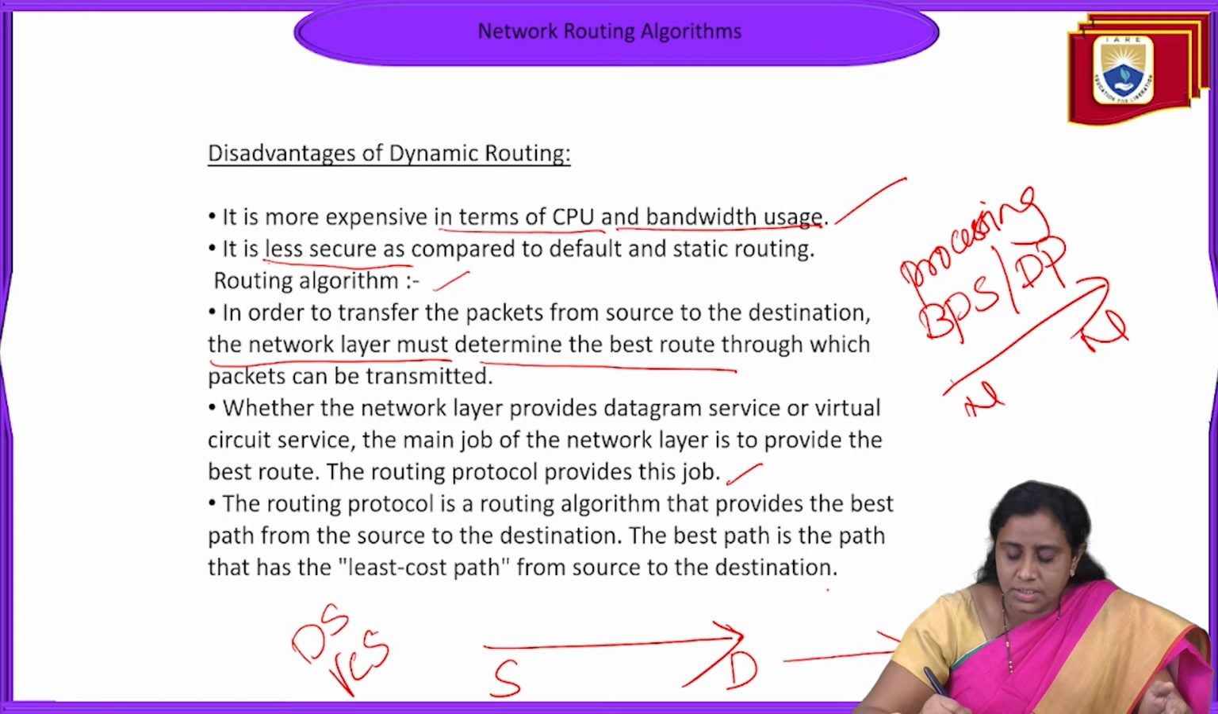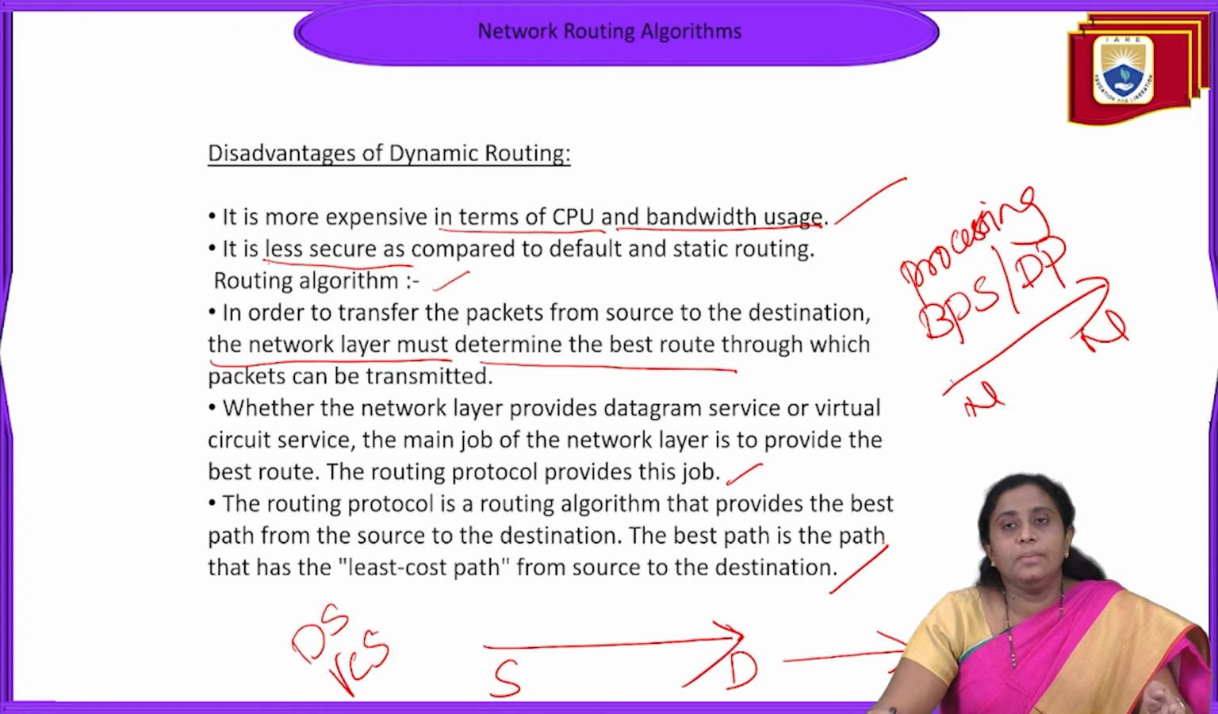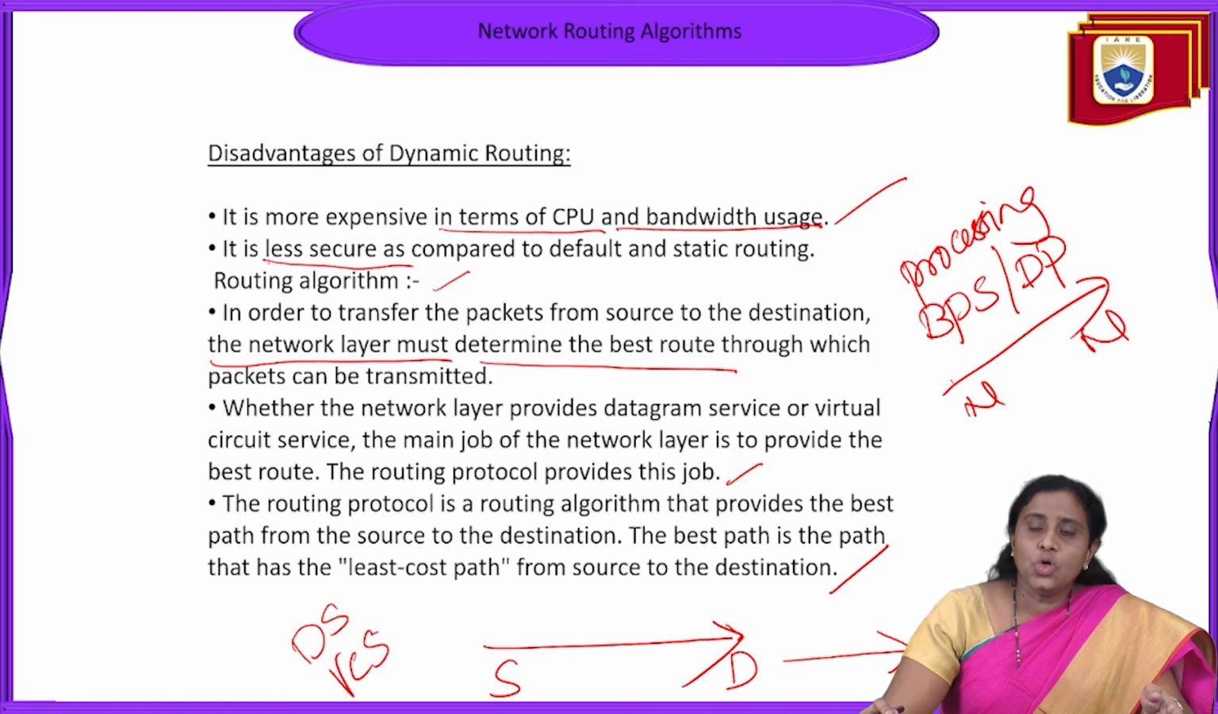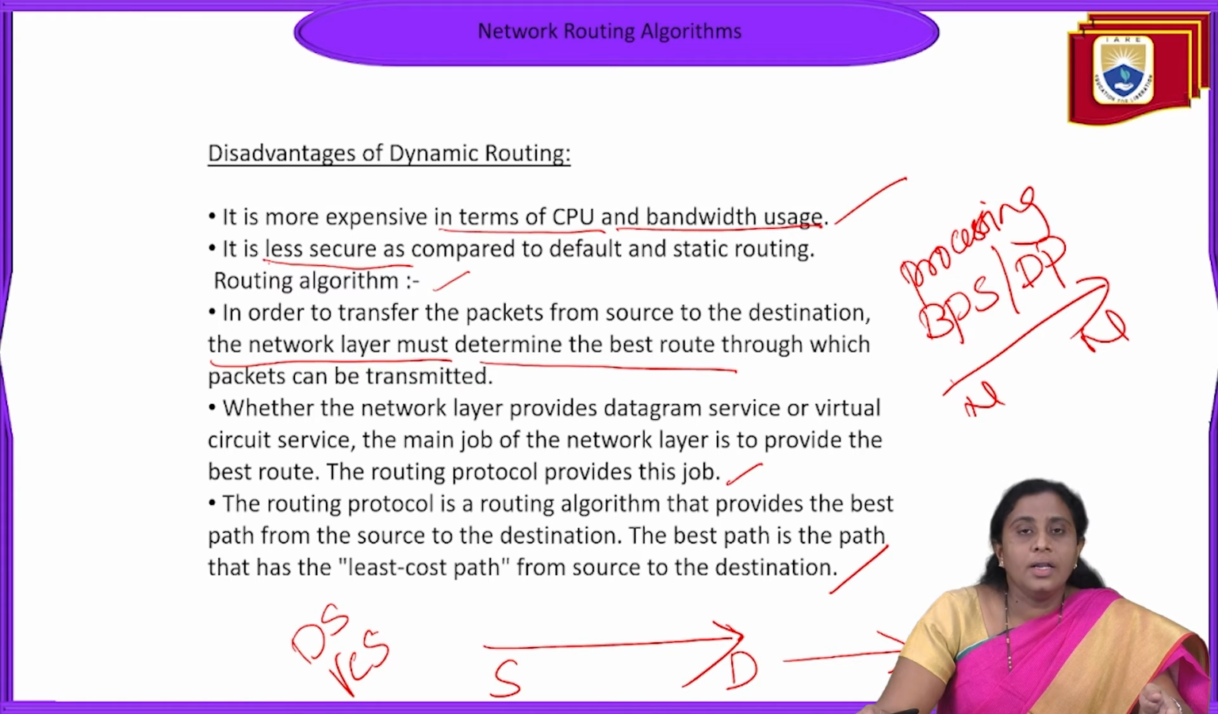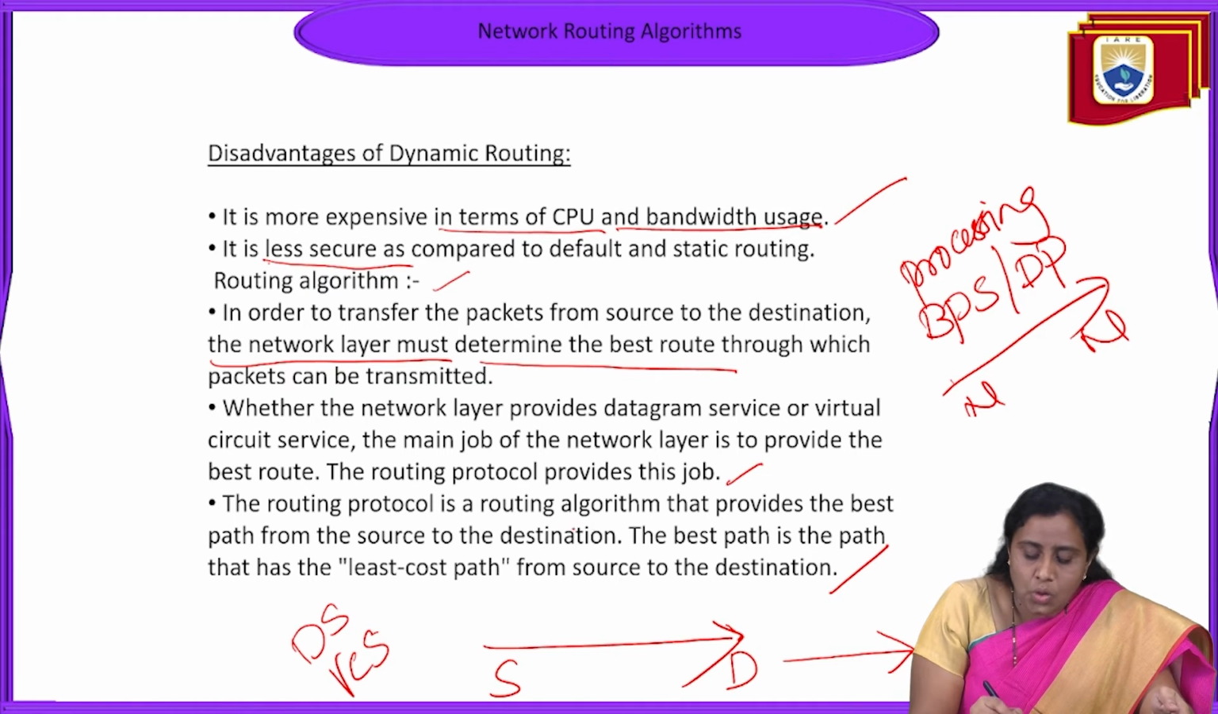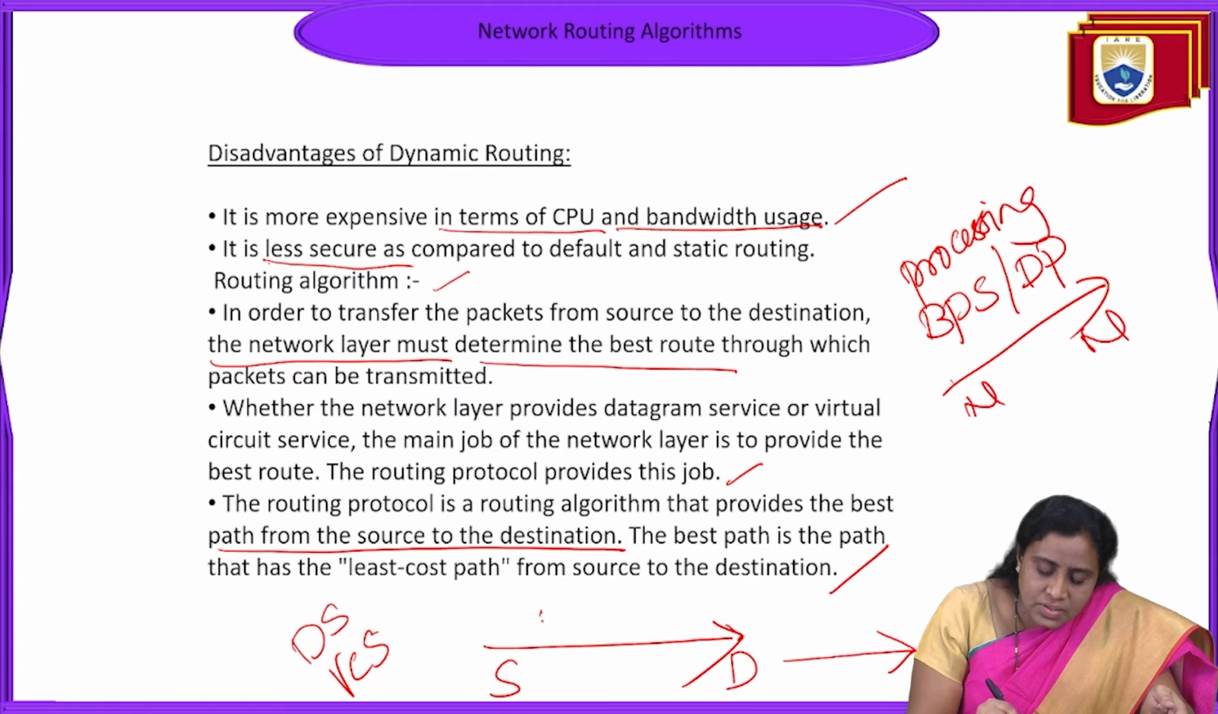So, coming to the last point of the disadvantages of dynamic routing: the routing protocol is a routing algorithm which can provide the best path from the source to the destination. The best path is the least cost path or the shortest path from one source to another destination. This best path is the one that minimizes the cost, the least cost path or the shortest path